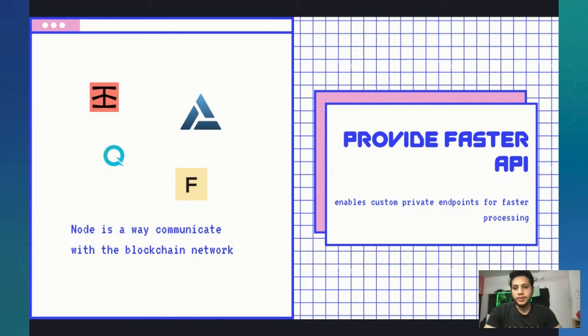So some great examples here are obviously Infura, I think, is one of the big names, which helps you provide custom node RPC endpoints. And then there's also Quick Node and Figment. They're also picking up speed and sponsoring a lot of hackathons where you can host your private nodes. And then there's also Alchemy, where node providing is also one of the services.